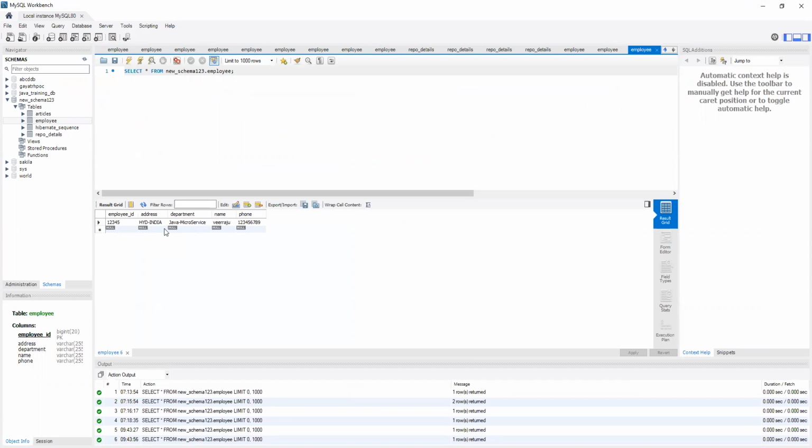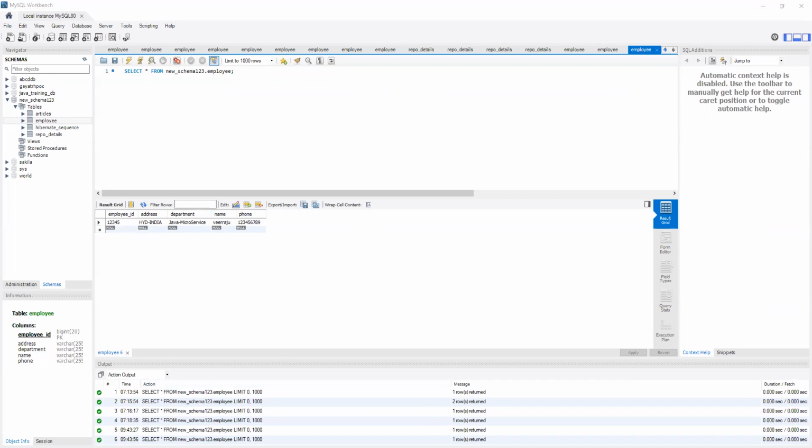Why? Because we are using Spring Data. Spring Data and the repositories will take care of it. Even though we are giving the same request, it will check in the database whether a record with the same ID, the same primary key, is available or not. If it is available, it will automatically update the current values. If it is not available, it will create the object in the database. So that is what Spring Data does internally.